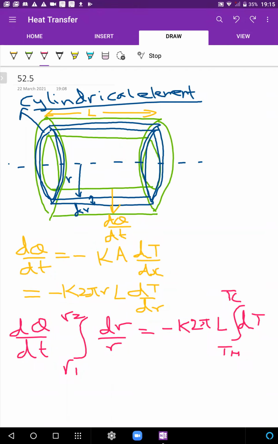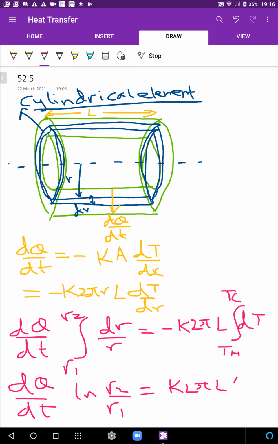All right. बस अब दोनों साइड इंटीग्रेट कर लो. Remember, don't get scared of dq by dt. If that looks scary, write that as I, write that as current. This is ln R2 by R1, and then that is minus k2 pi by L Tc minus Th, and you can